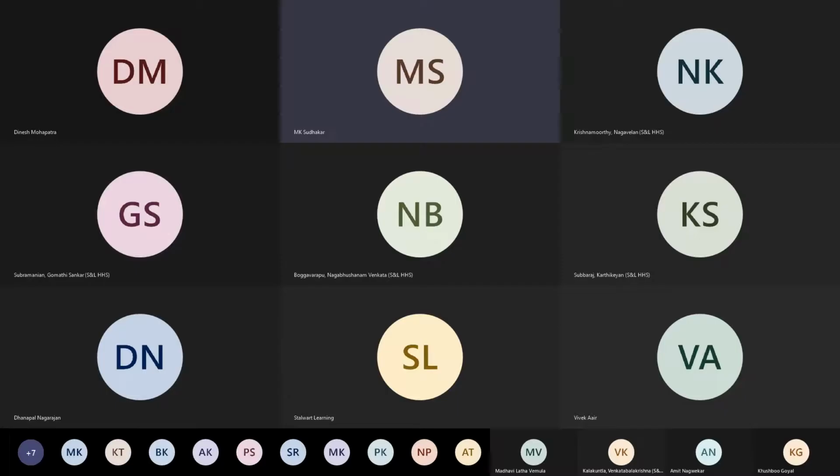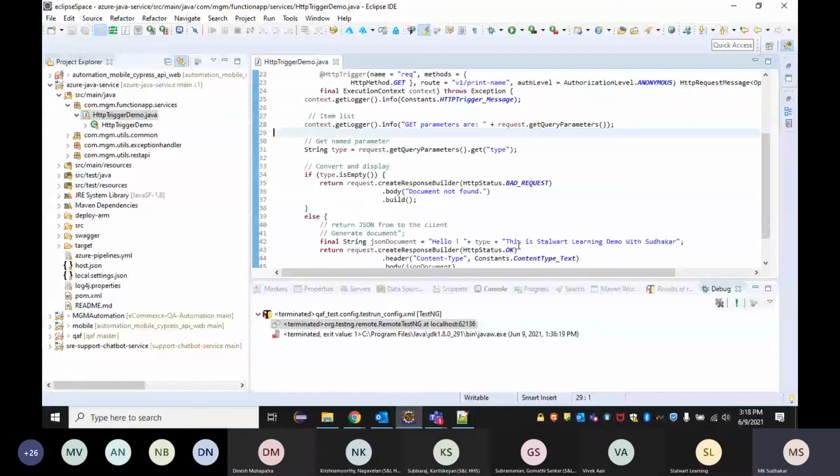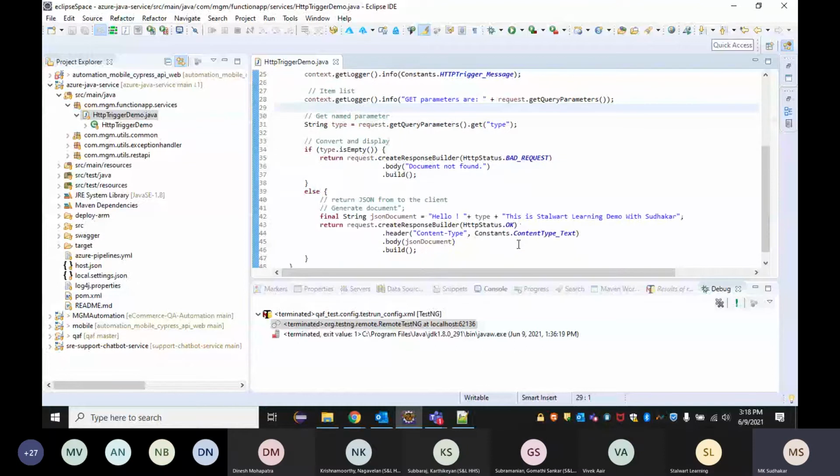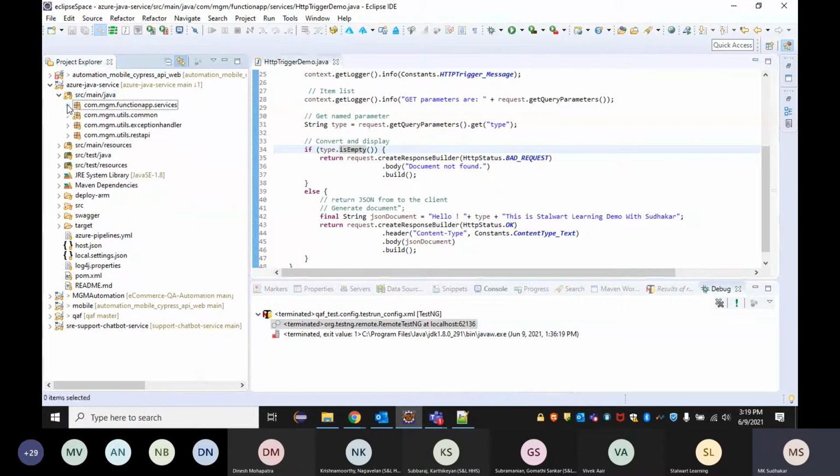Printed. So this is a very basic function app which I have developed here. It is going to print this. This is an HTTP trigger function, and it is completely in Java. For Java, we have this framework given by Azure, and on top of this, we can enhance the framework with some basic utilities and best practices and security, how we can make the secured authorization.